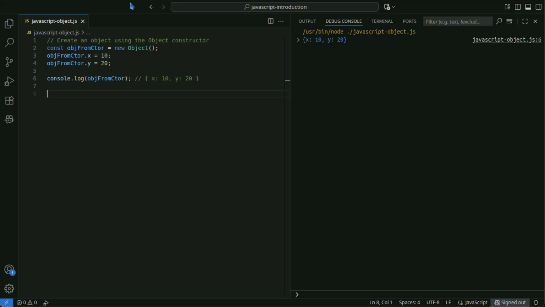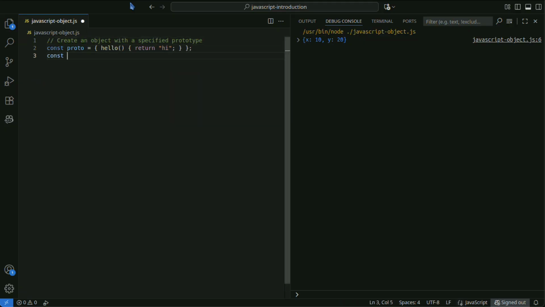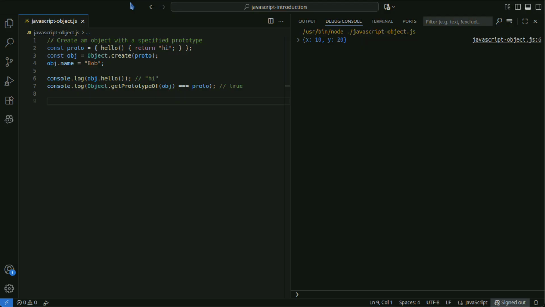Object create is used to create an object with a specified prototype. Object create is ideal for inheritance-based object design, allowing you to precisely control the prototype chain.